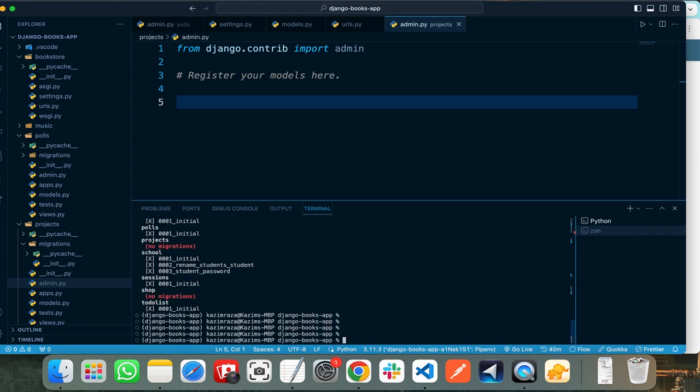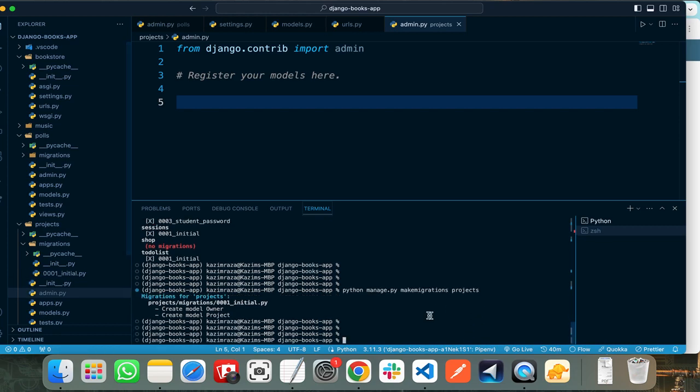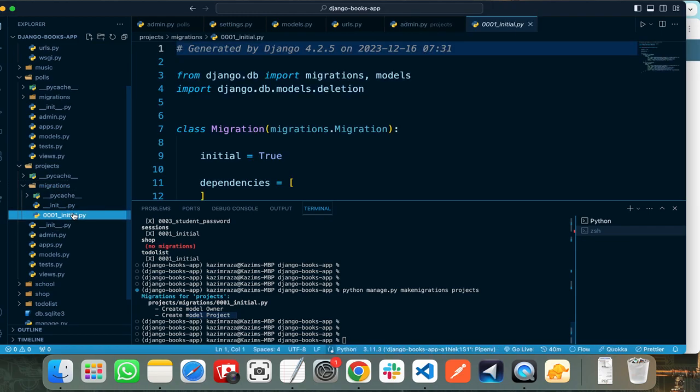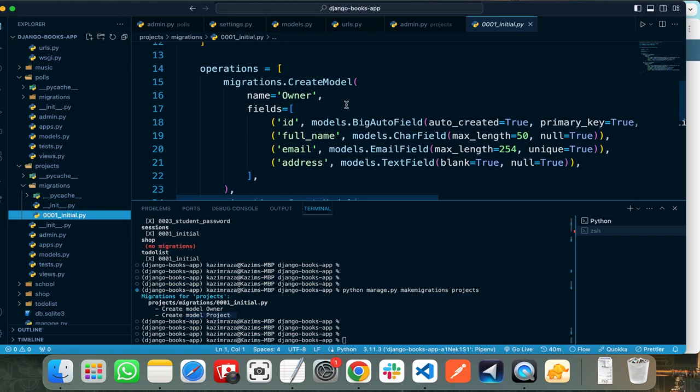Let's create a migration for my project app by running this command, python manage.py makemigrations, followed by the name of your application, that is projects. So it has created two models. First one is the owner model and second one is the project model. You can see this migration by going to this migrations folder. You can see it has created a file 0001_initial, and in this migration